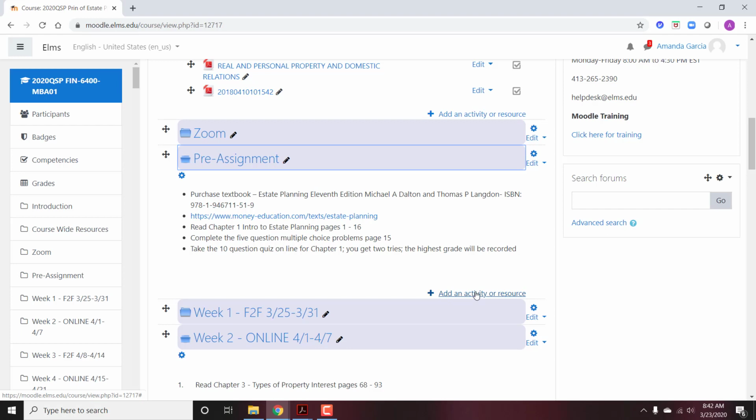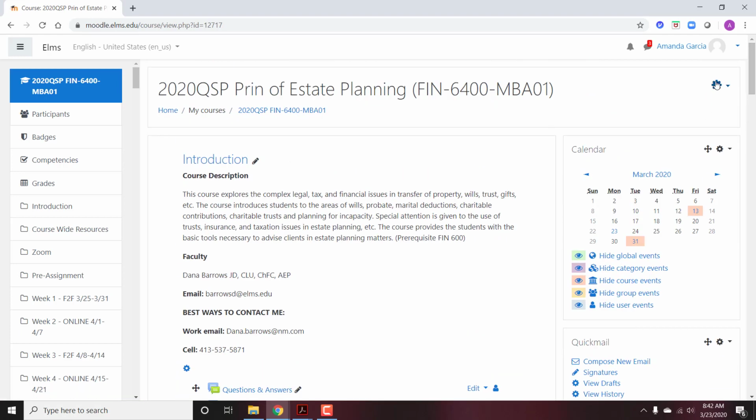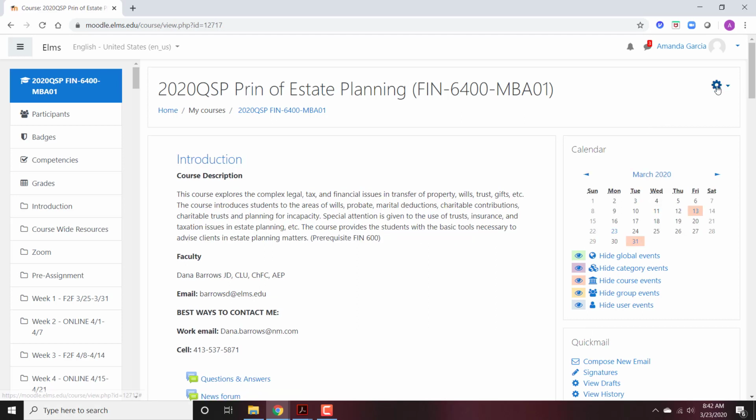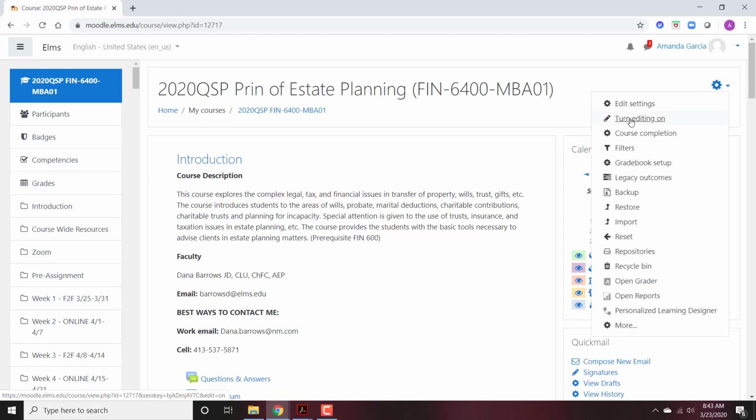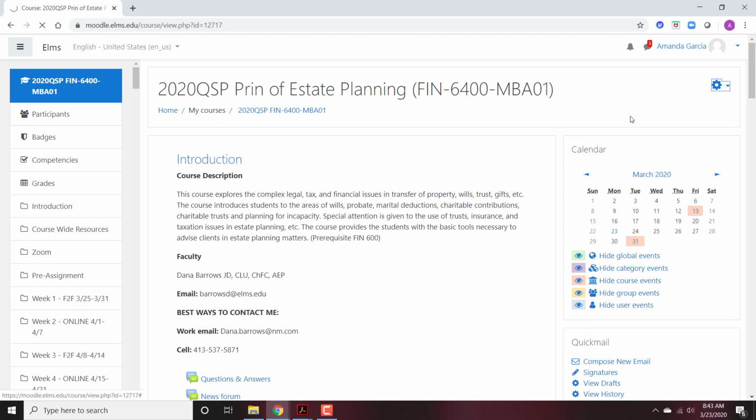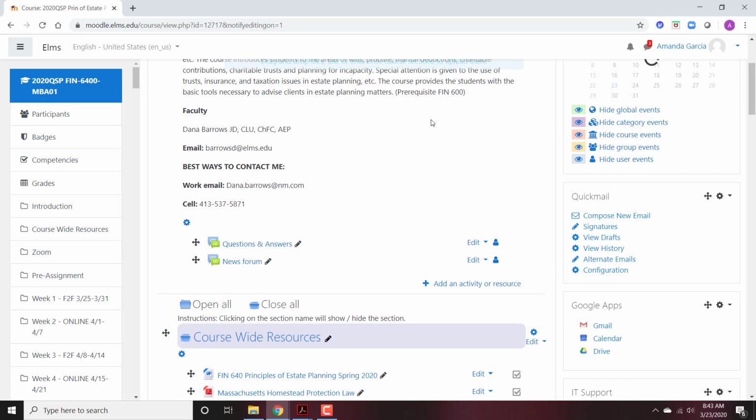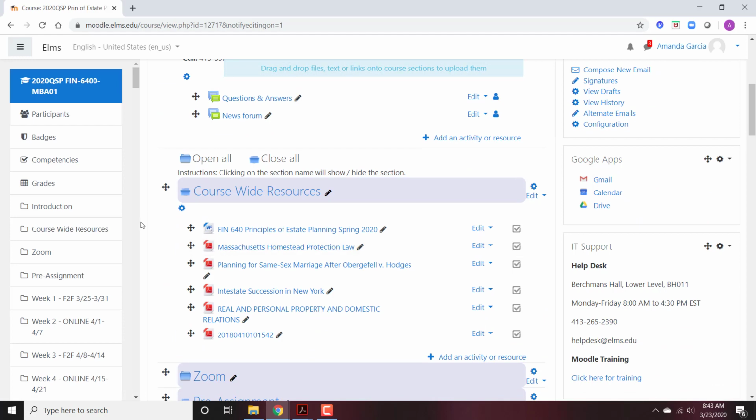I already have my editing turned on, but if you don't, the first thing you have to do is turn editing on. When you turn that on, you'll be able to see all these things where you can move stuff, add stuff